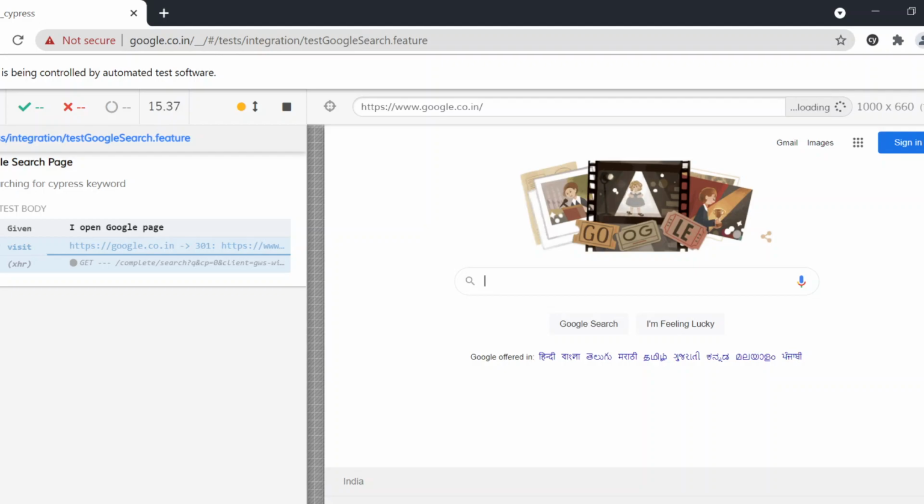This is very basic. These are the basic steps required to write feature files like we do in Selenium, and to create step definitions and to glue them in the package.json. This is the very basic structure we require, and going forward I will be dealing with more advanced topics on this.